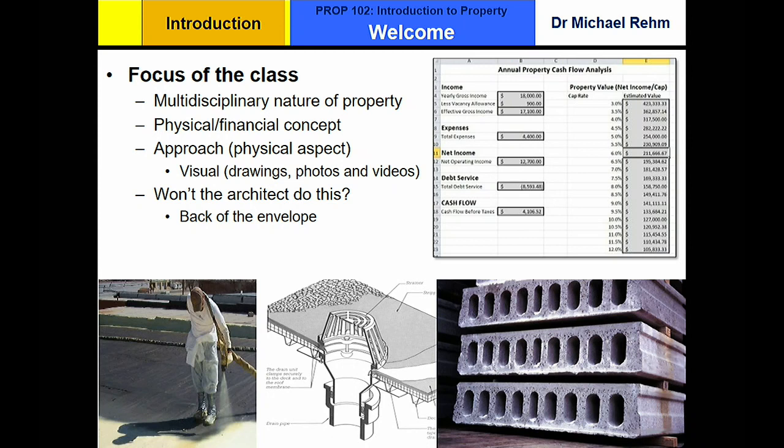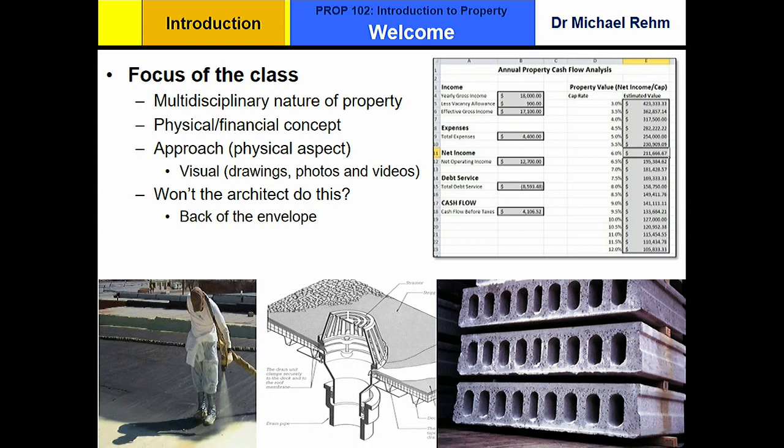We're the tiniest department, but as I'm going to explain in the first lecture, on the overview of the property industry, property is extremely unique. And one bit about it, it's multidisciplinary. Another bit is that it deals with the built environment, which you have to understand if you're going to succeed in property. But equally, it deals with finance. You got to make money, and money pushes things around. And a lot of the decisions we make in any form of business, including property, deal with money. So that's the basic nature of the class.